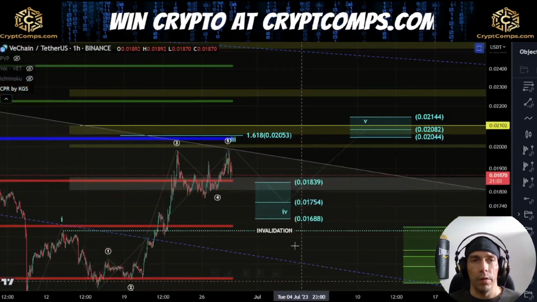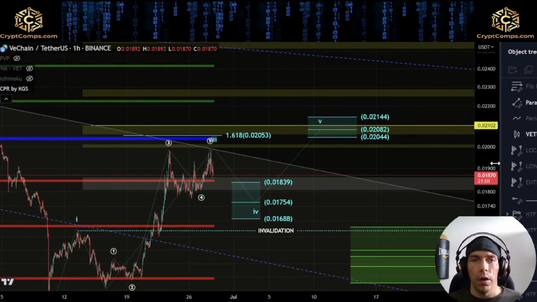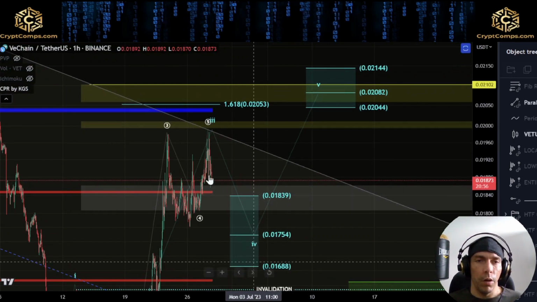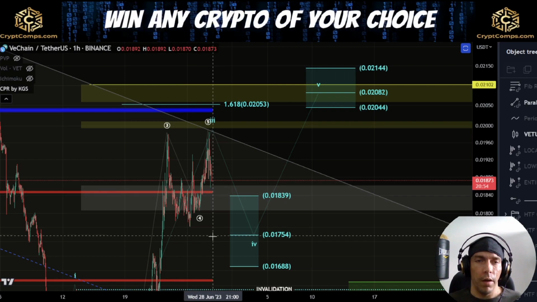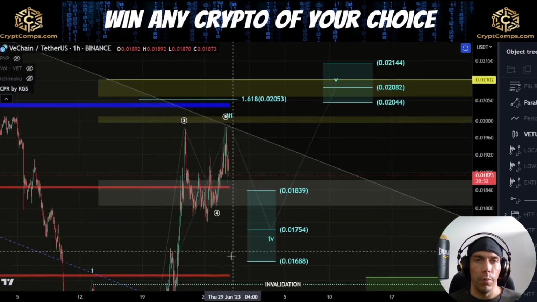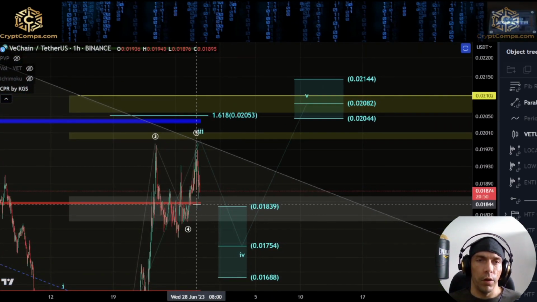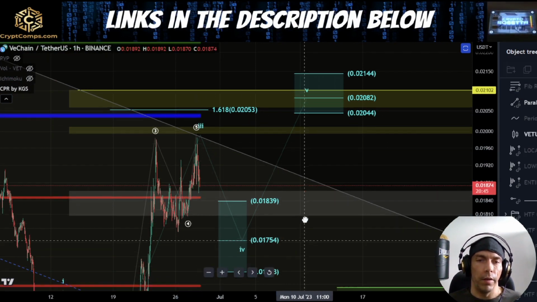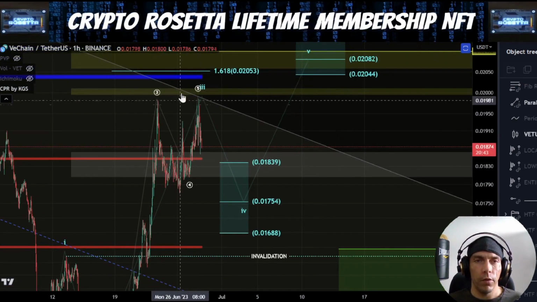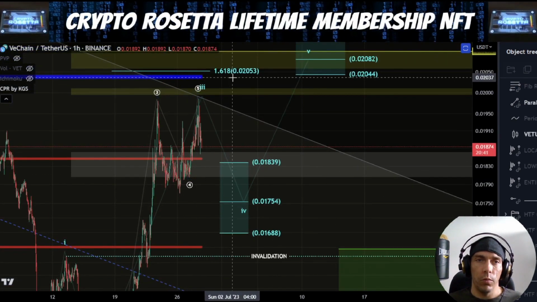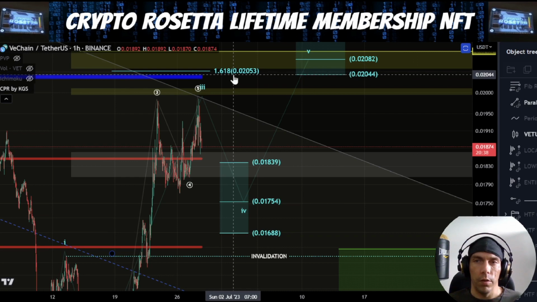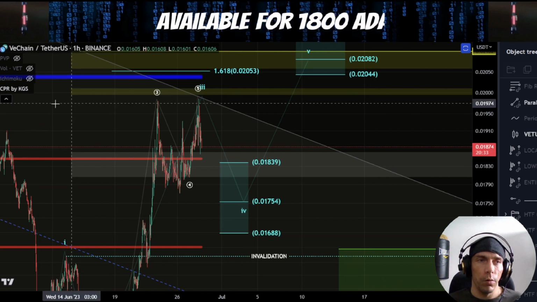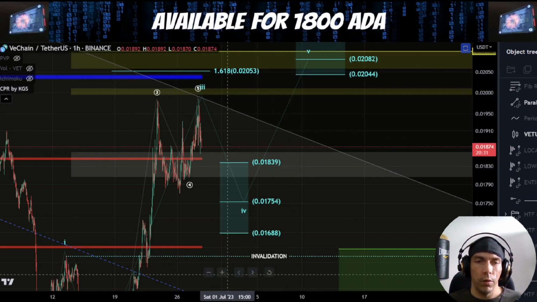Now coming into the monthly, what we can see is that we are just below these central CPR lines here. Now, we are currently above the R1 line. We have met the targets to the downside for this month, but what we can still see is price could still look to move up into these, reject, and then look to move back down to some of these lower levels. So if we do actually see price move up here one more time, I'd be very interested to see how we react between this zone of around this 2044 and this 2032. Potentially we could find resistance in this zone.